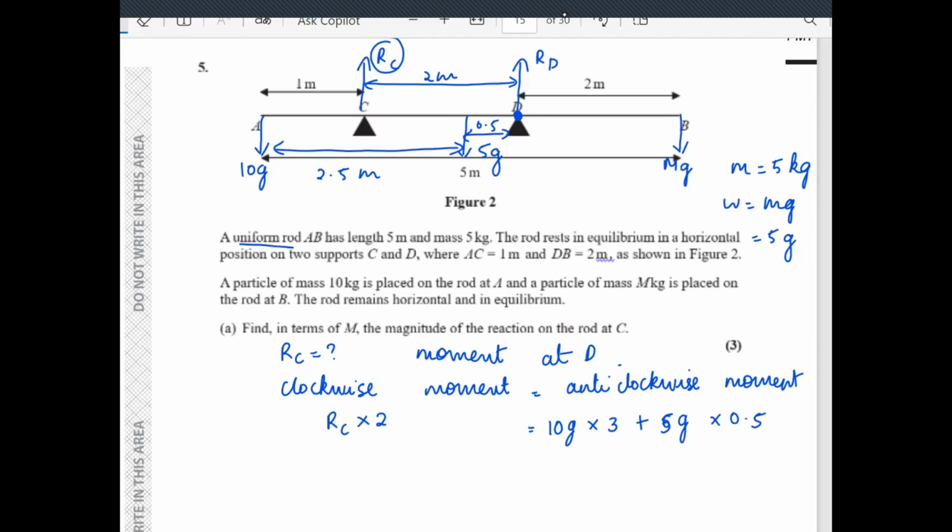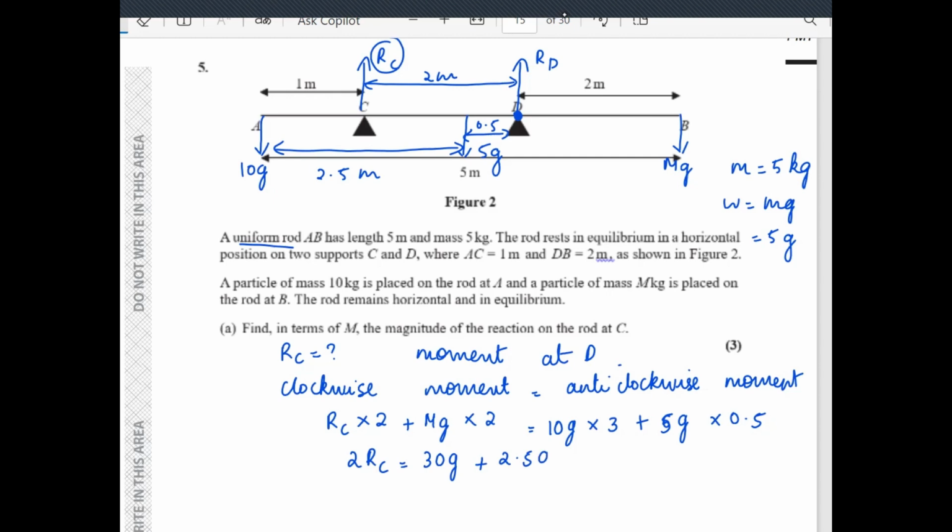Now the last one is mg. mg is a clockwise moment. From mg to the point D, the distance is 2 meter, so plus mg into 2. Since we are finding out RC, bring all the terms to the other side. So RC into 2, that is 2RC, is equal to 10g into 3, that is 30g, plus 5 into 0.5,